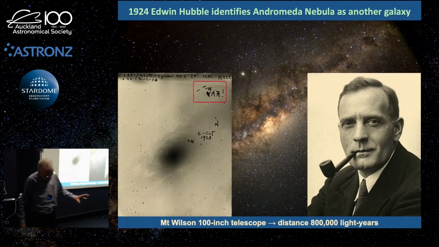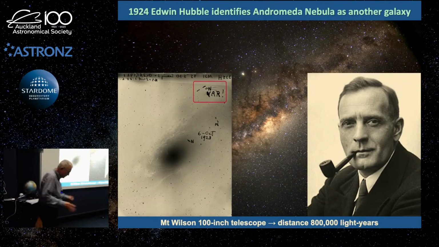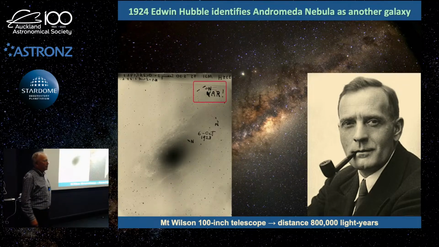There's a long story behind that. There are different types of Cepheids he didn't know about at the time. But we now know it's about 2.5 million light years away. But needless to say, his calculations said it's 800,000 light years away, which was still, the point being, a no-brainer. That was not in the Milky Way galaxy. That was a far, far away object. And for it to be a reasonable size in the sky, that was a massive object. It was so massive, and so far away. Clearly, that was another galaxy.